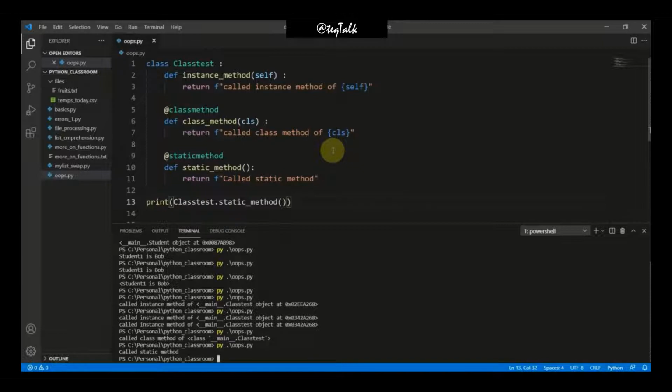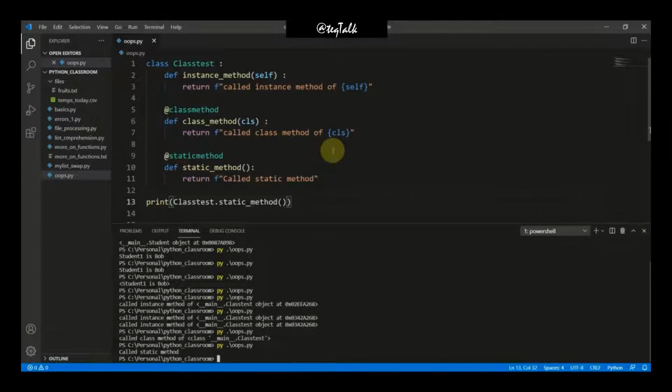So first, instance methods. These instance methods are used for most of the things, like when you want to produce an action that uses the data inside the object that you created earlier. Also, if you want to call this method to modify some sort of data inside the self or the object, then you also need to use this instance method. And then the class methods, these class methods are used often as factories. And what is a factory, that I'll tell you in a minute.